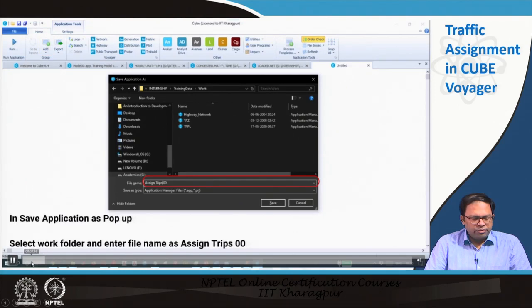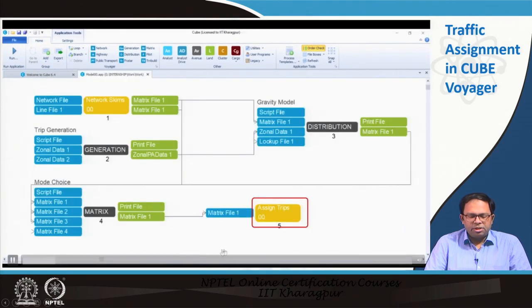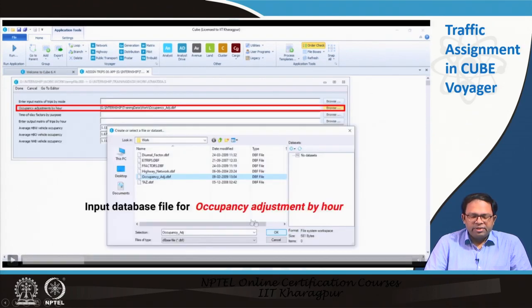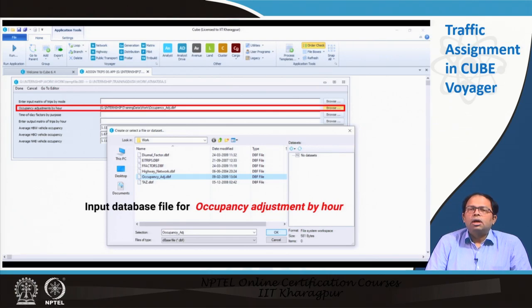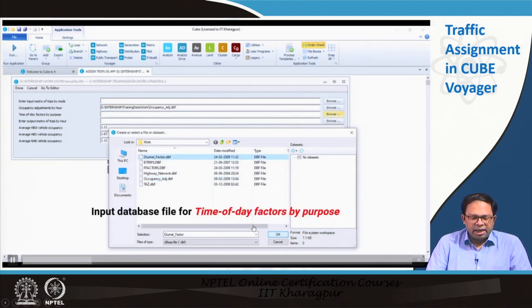So, we first save the work folder and assign trip 0. We save the data like that. We enter assignment. First, we do occupancy adjustment by hour, because for car trips we have to divide them as per occupancy. That is done first, and then we divide it as per the time of day factor.